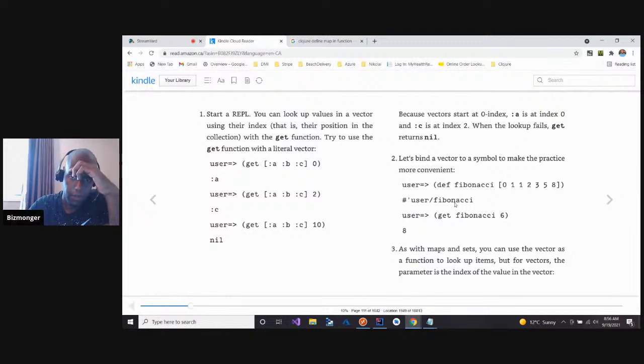Let's bind a vector to a symbol to make the practice more convenient. Define Fibonacci. You said bind. Over here, they say get, and then within the vector, they say the integer value.